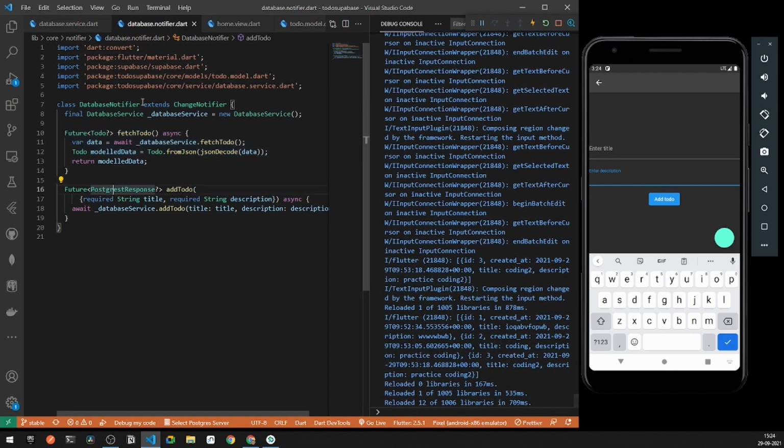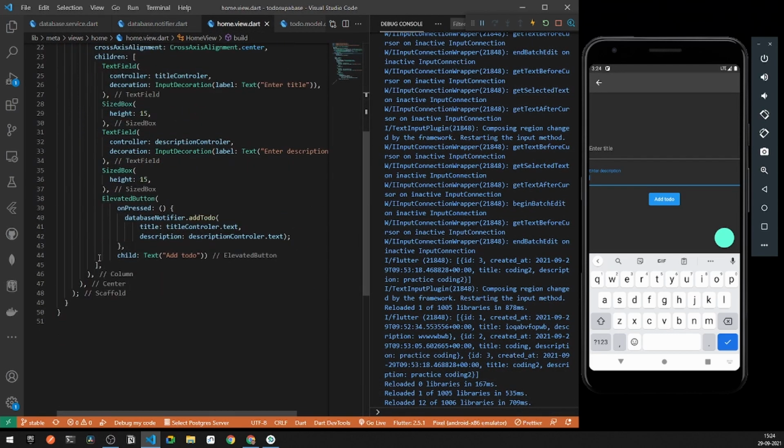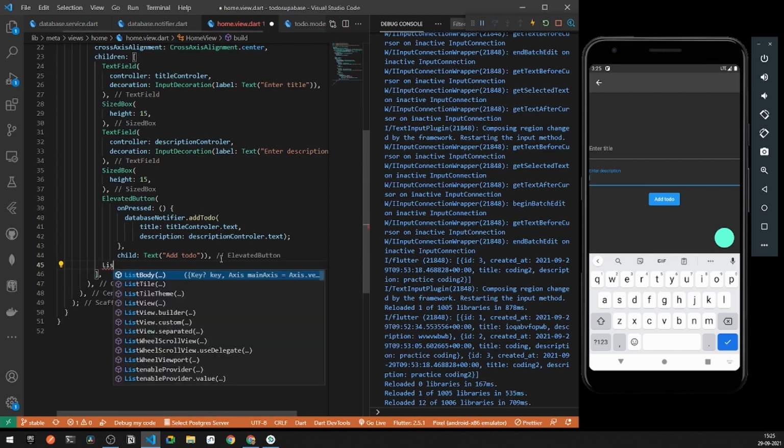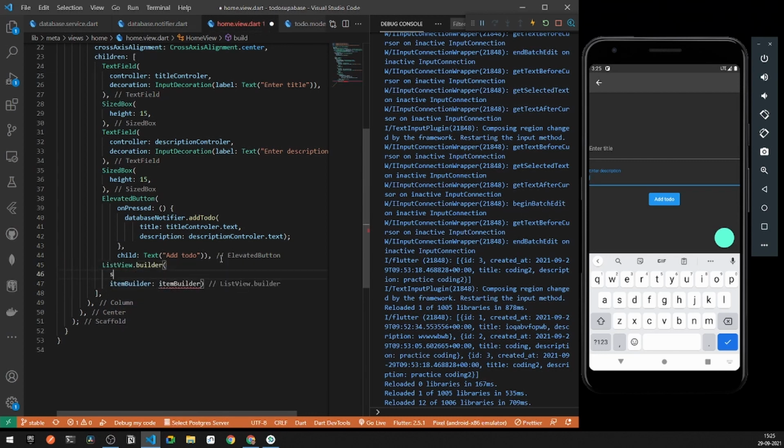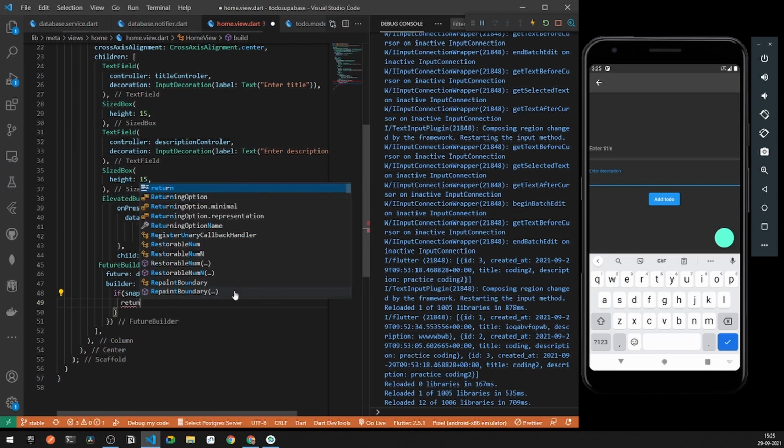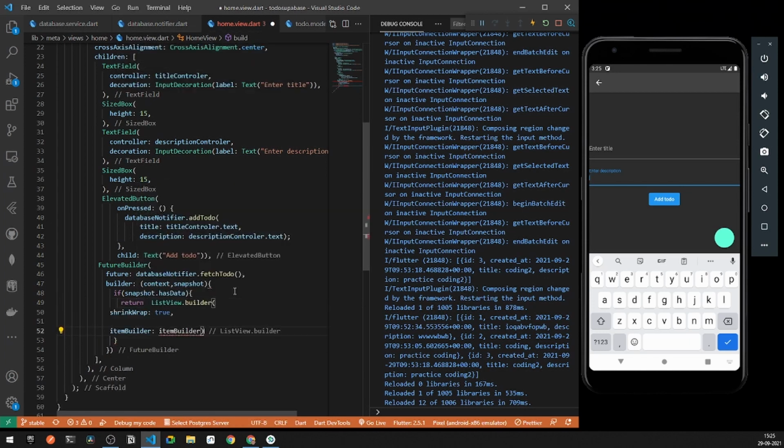Now once we have fetched all our to-dos, under my home view I will be getting here a small container, or let's say a big ListView builder. So here I will be creating a ListView builder, and under my ListView builder, first of all let's have shrinkWrap to be true, and also let's have an itemCount and all that stuff. Before that we need a FutureBuilder, where all the future data will come from. Here I'll say databaseNotifier.fetchTodo, and under the builder I can have my context and also a snapshot. Under this, first of all I'll say if snapshot has some data, I will be returning some stuff. So I'll return my entire ListView builder.